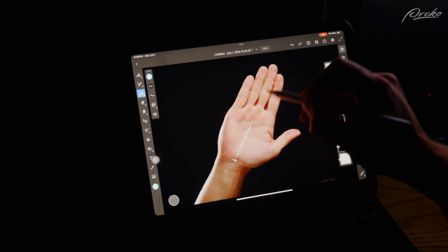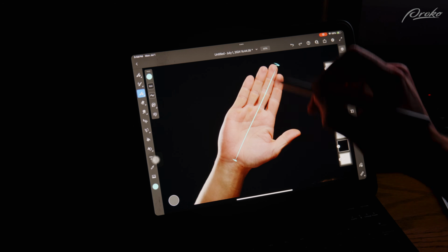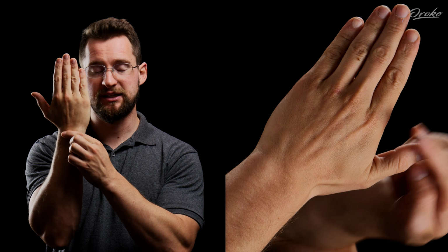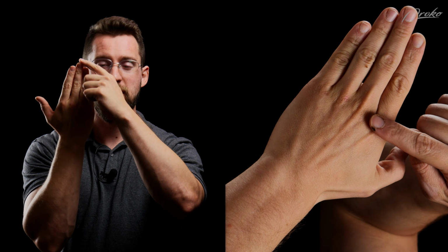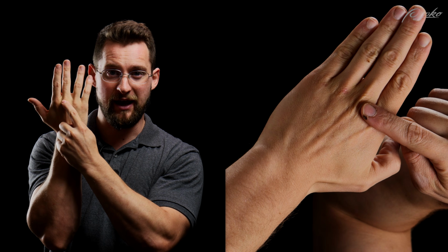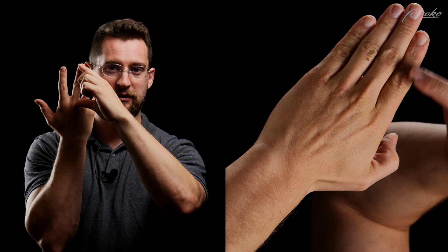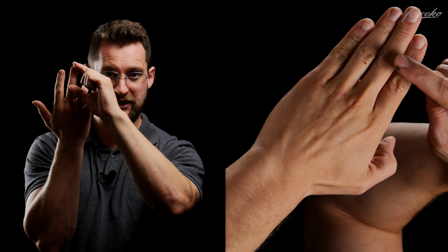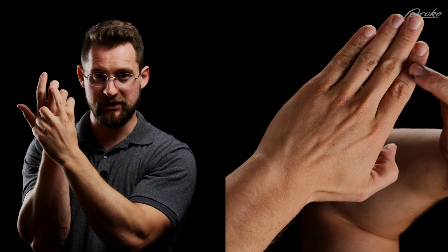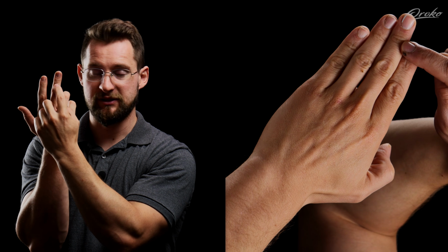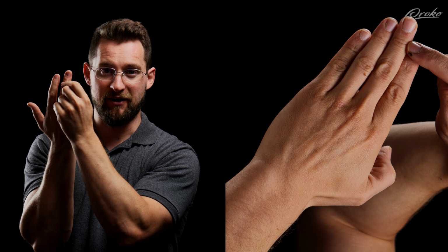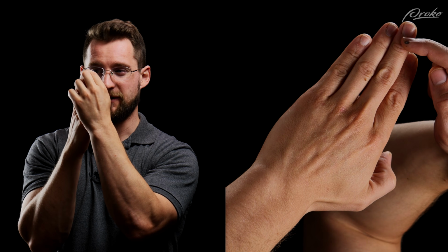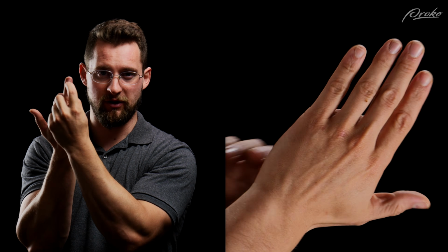I personally enjoy the halves method as a quick and easy way to remember about where the knuckles of the hand are located. So you take the distance from the wrist to the tip of the middle finger, divide that in 2, and that is where the first knuckle is. Then you take that remaining distance of the middle finger, divide that in 2. That's where the next knuckle is. You take the remaining distance, divide that in 2, and you get that final knuckle. And then if you divide that final section of the middle finger, you get where the fingernail begins.